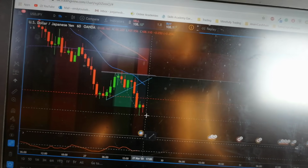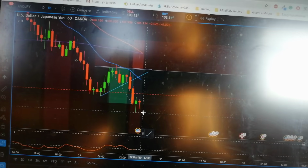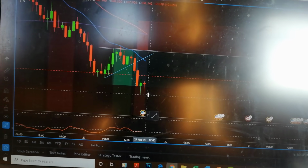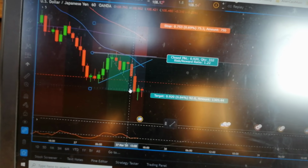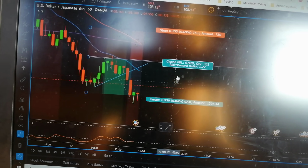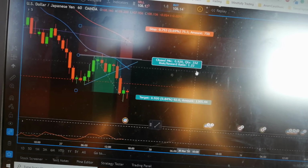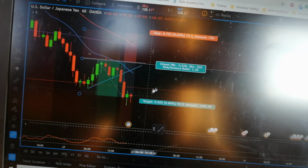However, as it got down here, it was about 10 pips away from my original profit target, and on the daily chart it started to look like it may reverse. So I don't know whether I got a bit emotional here and went against my plan, but I actually changed this and sold. So I ended up with a 1.22, which isn't the best. It's a little bit more than a 1-to-1, so it's okay, but it would have been nicer to get a